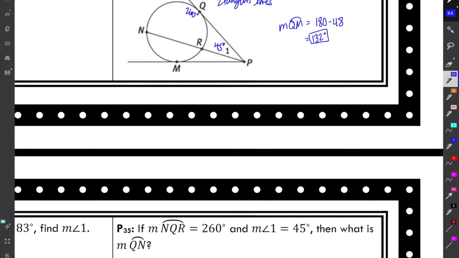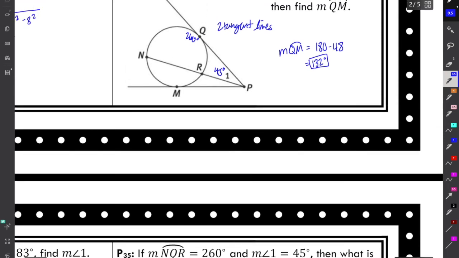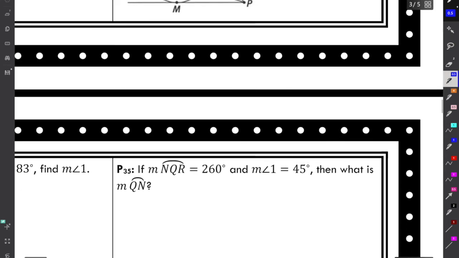Okay, so this one, I'm going to be honest with you, is a little bit difficult. To make this even useful, I'm going to have to use a system of equations. Let's talk about what that is. So I know a formula for angle 1 in terms of the two intercepted arcs, right? I don't know those though. We'll call them X and Y. Okay, so together we know that NQR is 260, so QN plus QR, or X and Y, will add up to 260, right? So I'll say that X plus Y